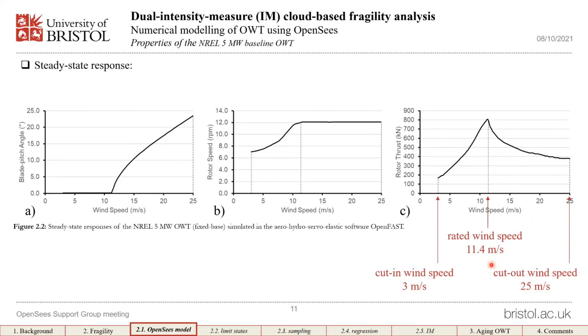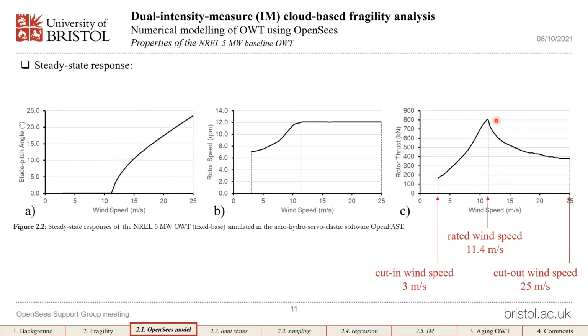When the wind speed is below 11.4, the blades will not be pitched, and the rotation speed of the turbine will increase from around 7.5 RPM to around 12.1 RPM, which is the rated rotation speed of the turbine. Consequently, the force felt at the top of the tower by the wind turbine will increase from around 200